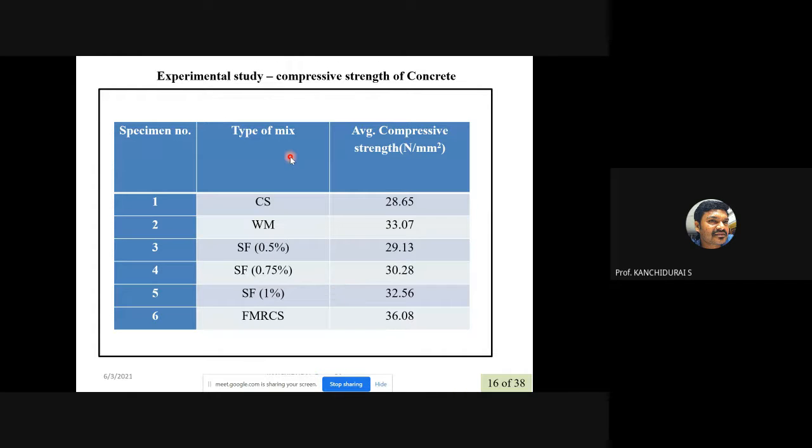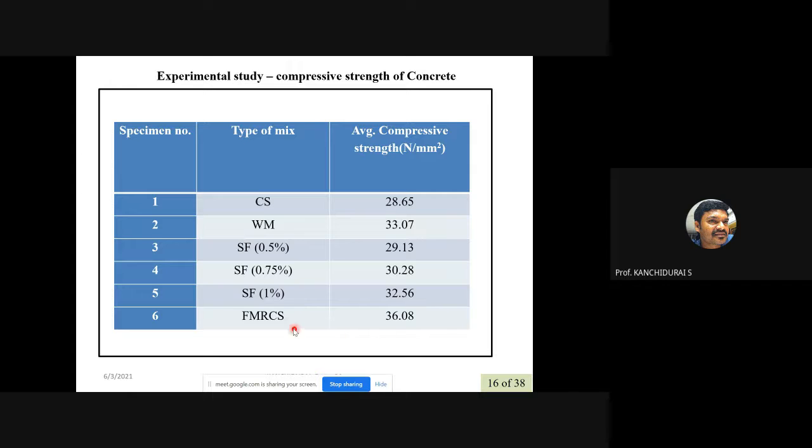And here are the results of the compressive strength; the first one is the control specimen and the second one is welded wire mesh addition. For the M25 concrete, the average 28-day strength we achieved is 28.65 Newton per mm squared. Similarly, when we add the welded wire mesh, it is 33.7 Newton per mm squared. Similarly, steel fiber at 0.5% gives 29, at 0.75% gives 30, and at 1% gives 32